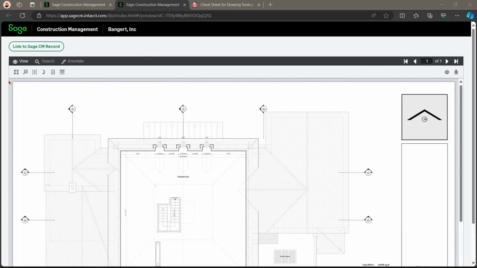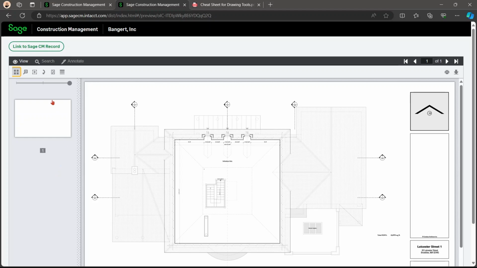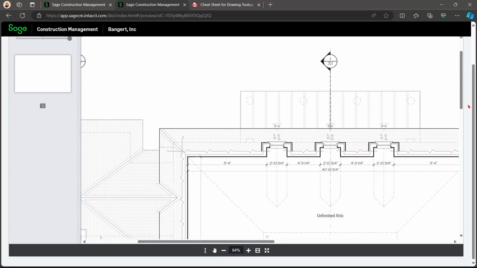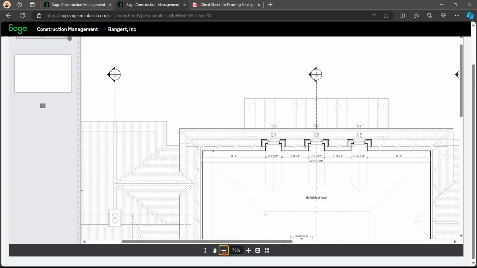So to start, we have the View tab. This is just the thumbnails area where if you have more than one drawing in this set, you will have options of all the thumbnails. Here you can magnify zoom. To magnify zoom, you need to hold down your mouse and drag it anywhere that you would like. This is the zoom in area. So you will click and drag and it will zoom into that exact area. To be able to unzoom from this, it's pretty simple. You just need to scroll down to zoom out.